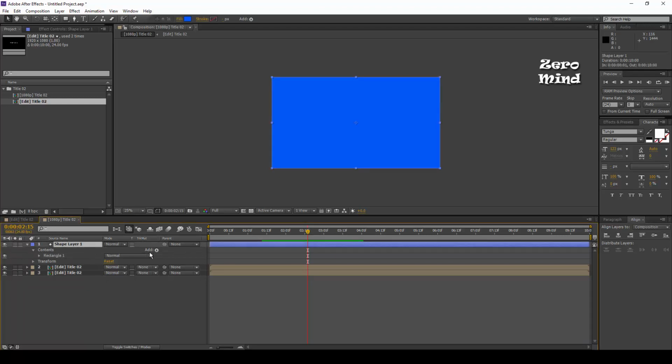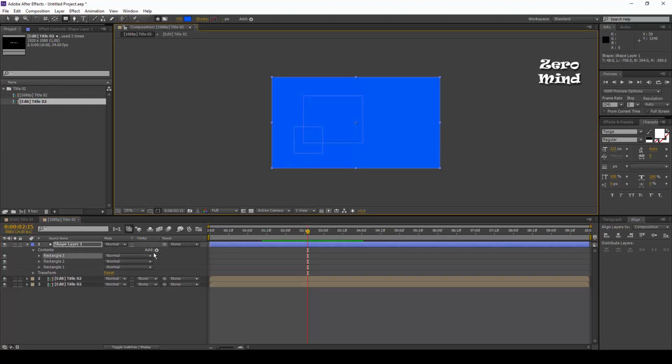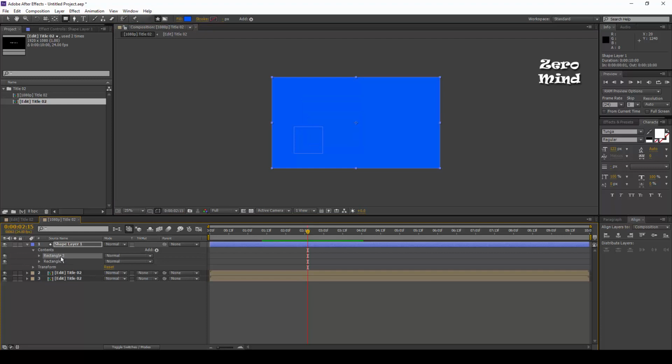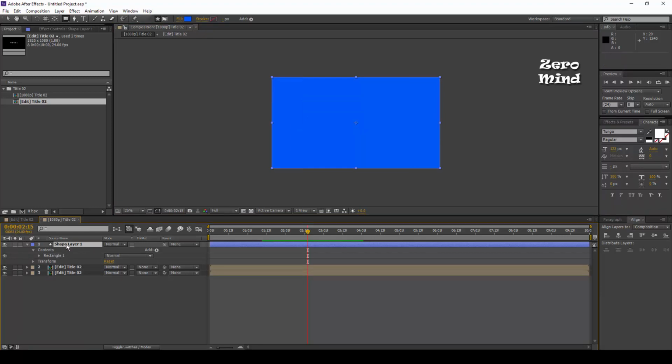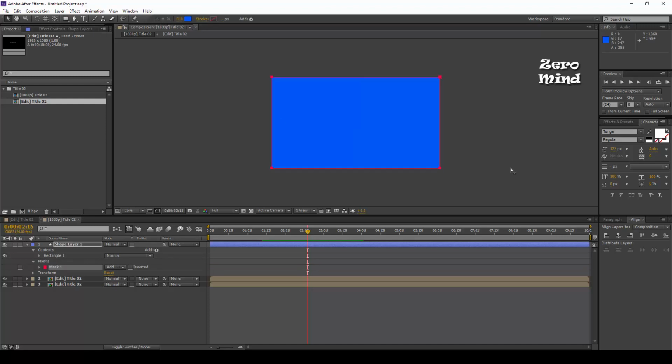I select my layer, and basically I want one mask over the shape layer. Most of the people are a bit confused with that. If they want a mask, they again select here, and it creates a rectangle, another new shape in your shape layer. Here I want to add one mask, so I first select this rectangle and switch my mode to create mask. Once I select this one and double click here, you will have a mask over the shape layer.